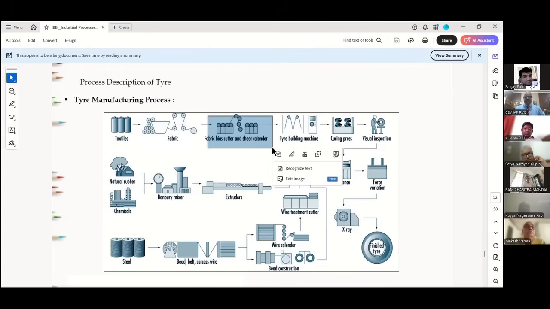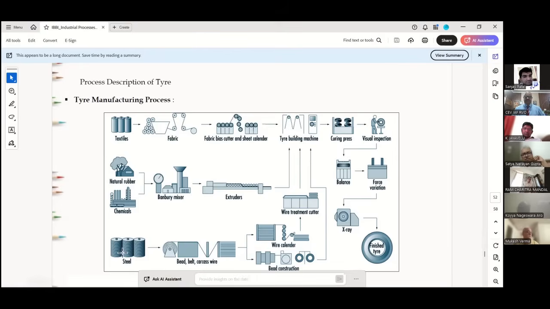Okay. Bias cutter and sheet calendar, there its diameter will be adjusted. So whatever extra strength is given, and after adjusting the diameter, it goes to the tire building machines. Okay. Then